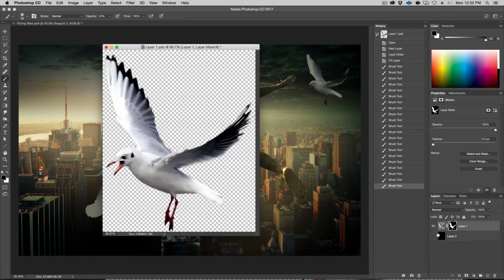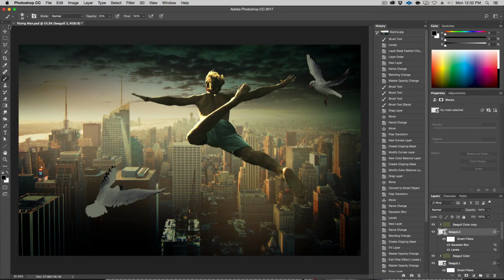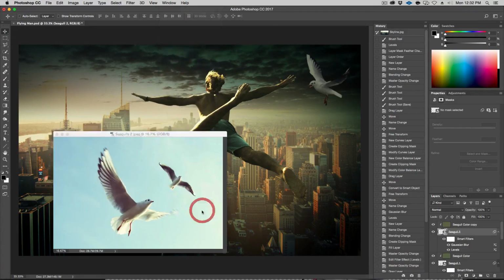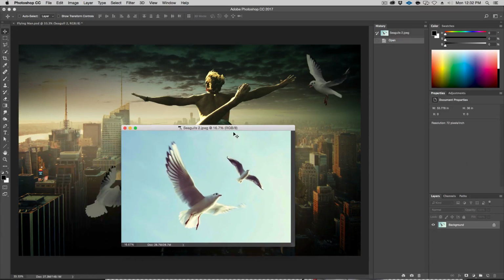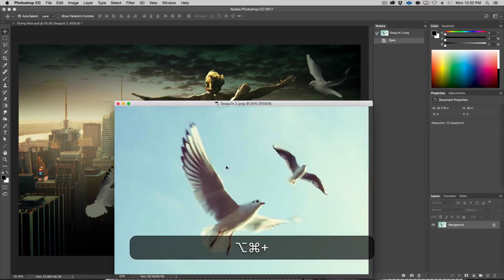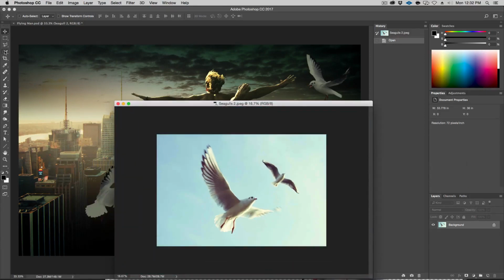Whoop, I hit Command D. Command S, and there we go. We see the difference right away. Cool. Close that, and that's good. Let's go and get the other seagulls right here. So these two actually are going to keep together. And so let's just outline the blue. That'll be the easiest, or should be.